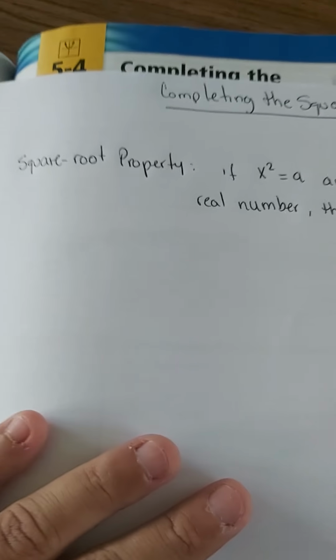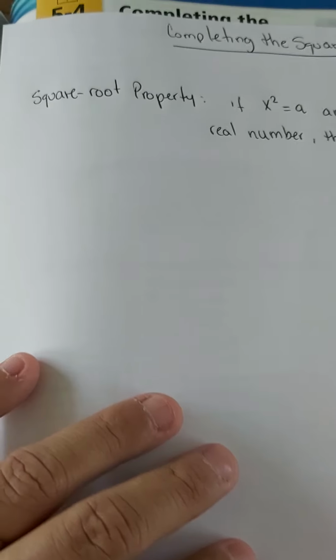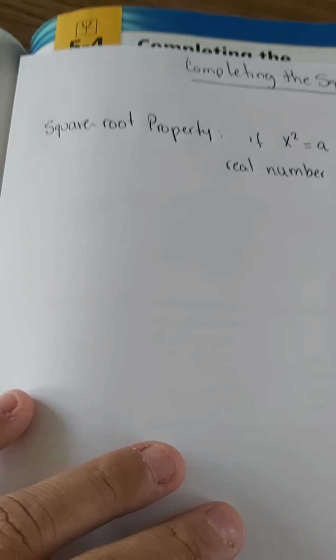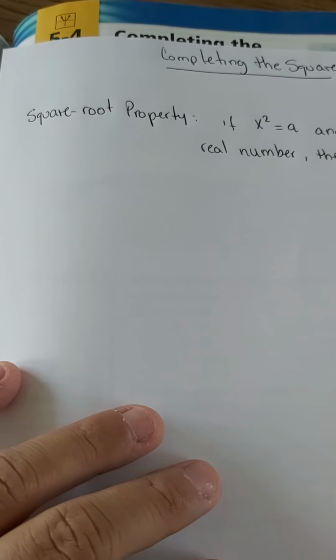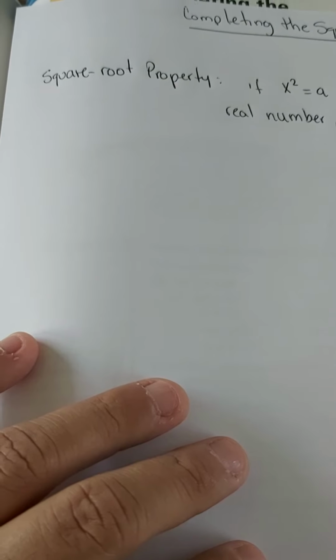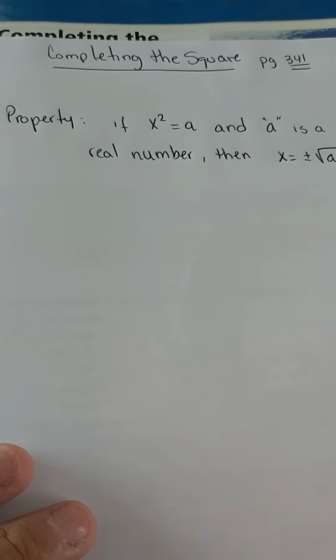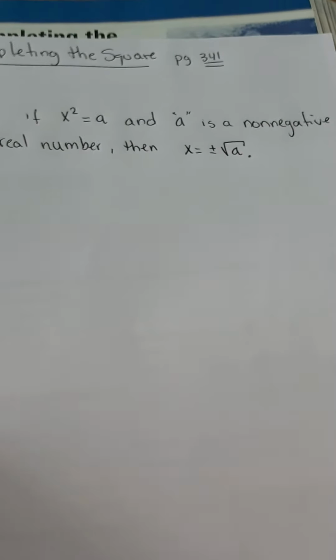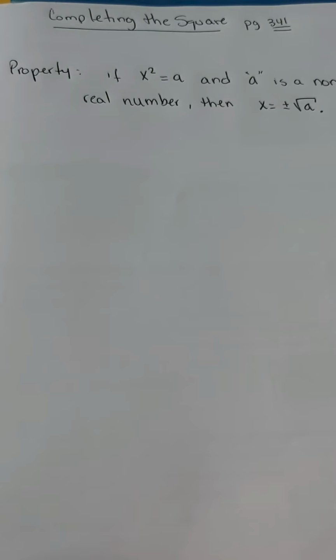So if we look at the square root property, this is another way of solving quadratic equations, right? Remember, in the previous lessons, we learned how to solve quadratic equations by graphing and by factoring. Not all quadratic equations are easy to factor, so we can use the square root property. The square root property states, if x squared equals a, and a is a non-negative real number, then x equals positive negative square root of a. Okay? Now, if we look at example 1,